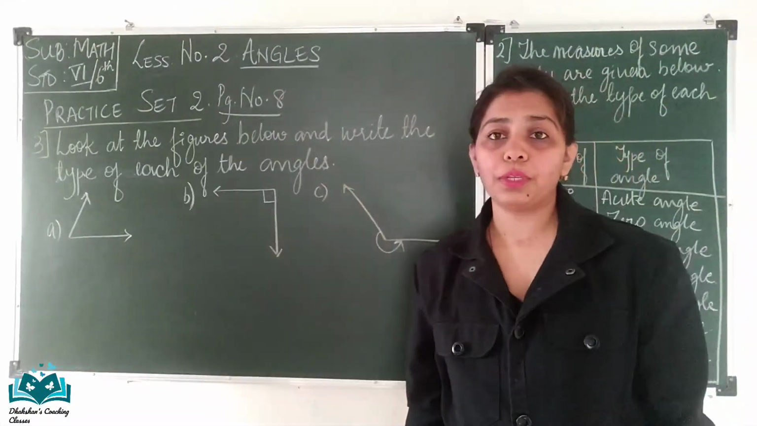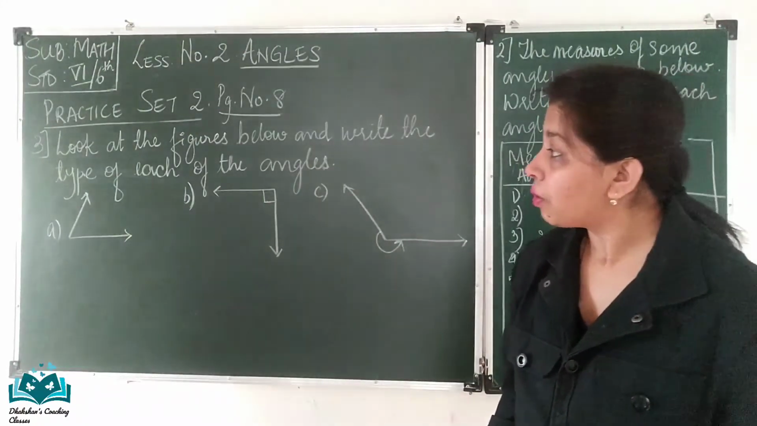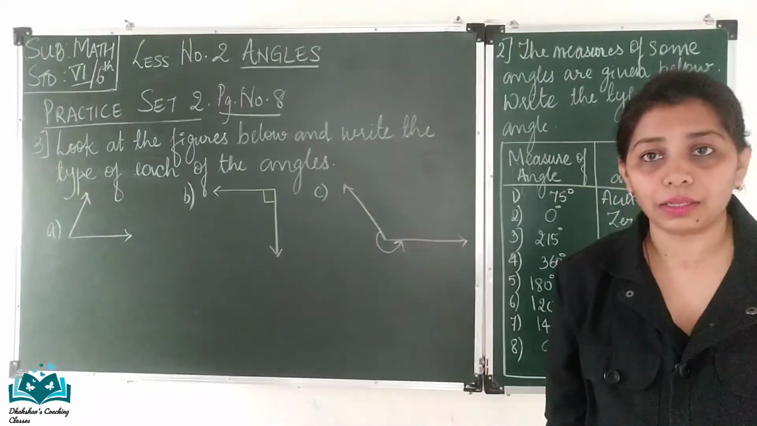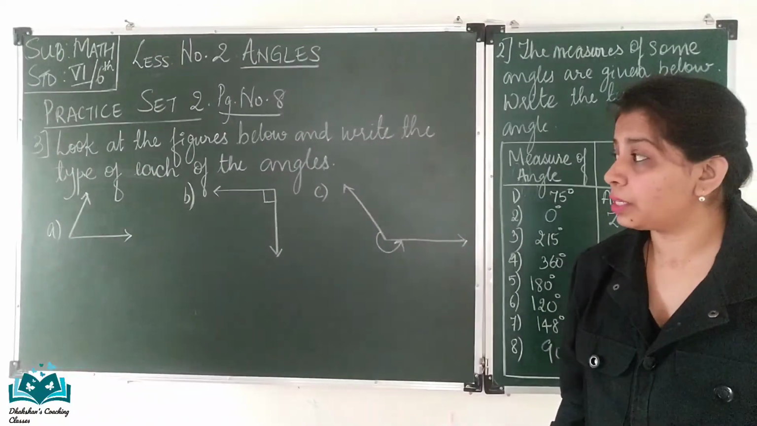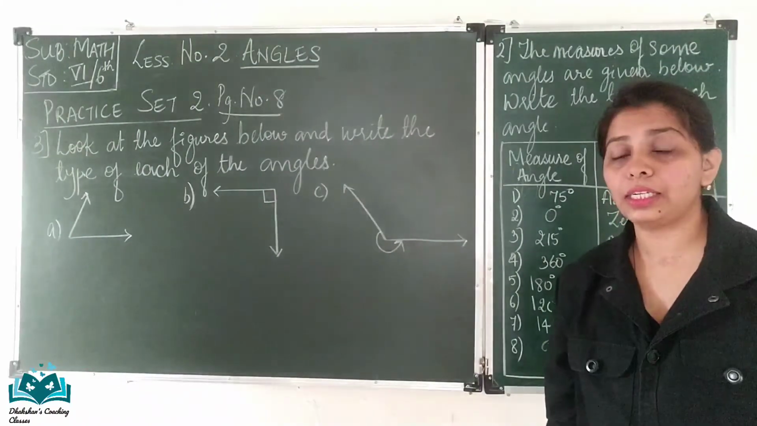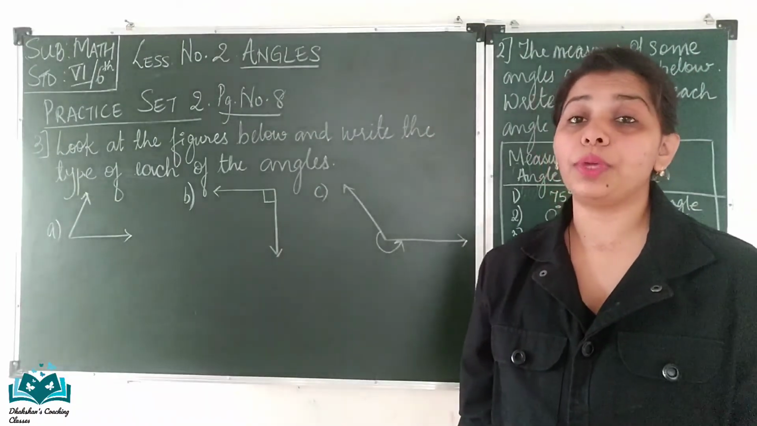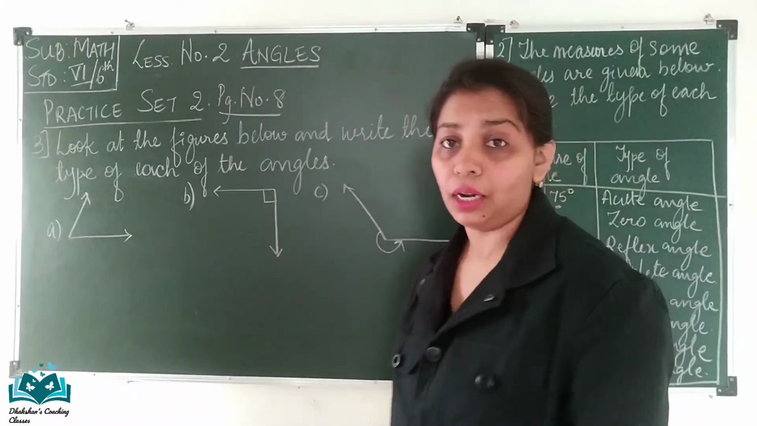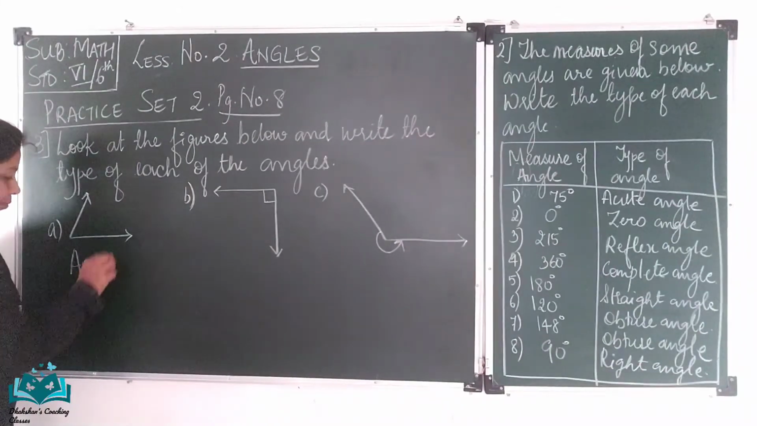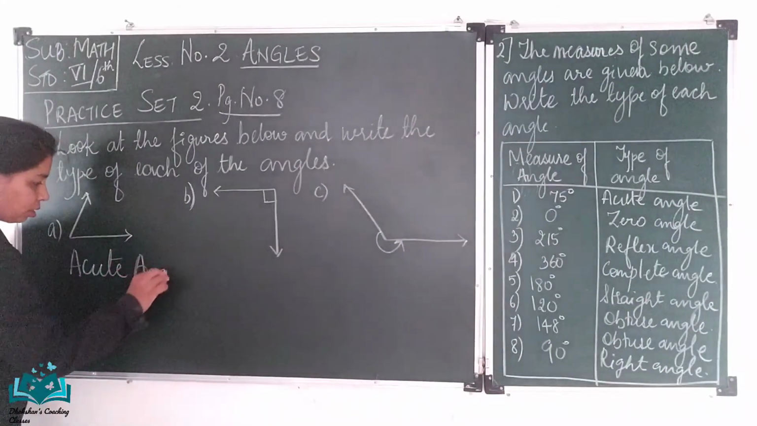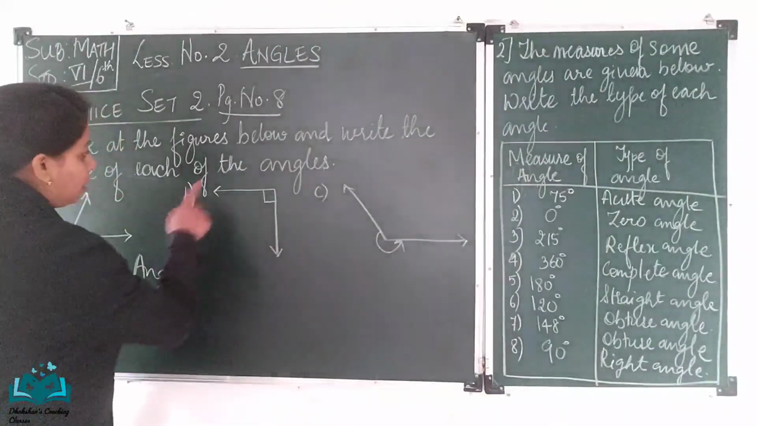The third question from the same practice set. Look at the figures below and write the type of each of the angles. So, the first angle, is it greater than 90 or is it less than 90? It is less than 90. So it will be what type of angle? It will be an acute angle. So the answer to the first one is your acute angle. Coming to figure B, it is